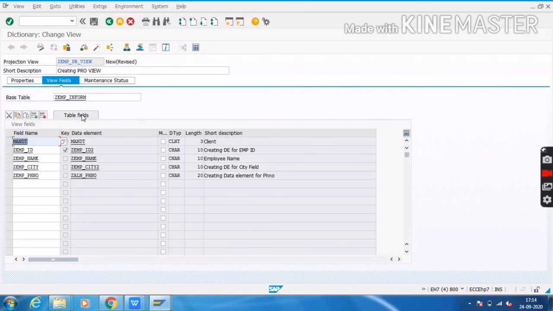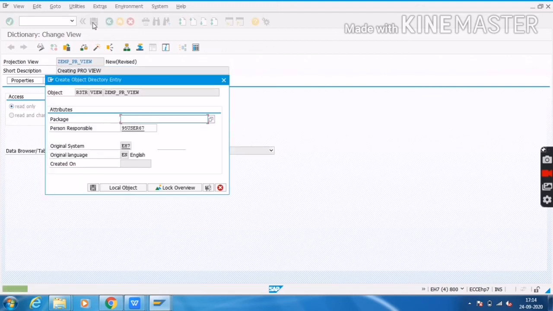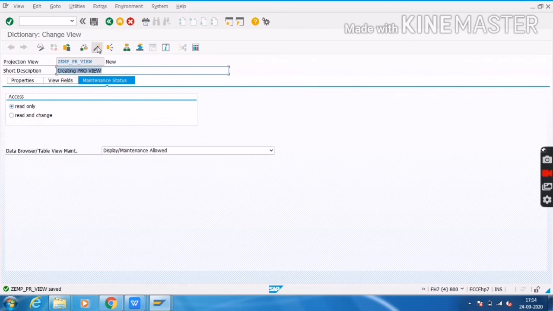Then click on maintenance status. As I said before, in the projection view, read is possible and read and change are also possible. It means it is applicable for both read and maintenance. Click on save, I will save in the local object, then click on activate.